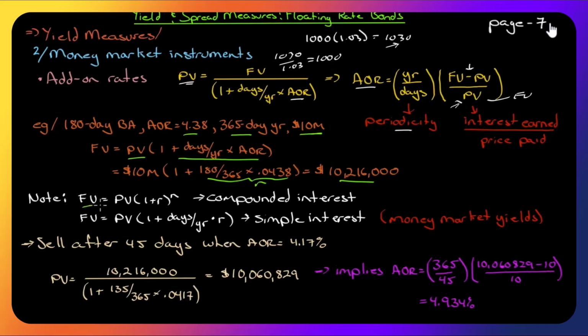Note, if future value is quoted this way, or if we solve for future value as our present value multiplied by 1 plus r to the n, that's compound interest. In this case, what we did was we solved for our future value by taking present value